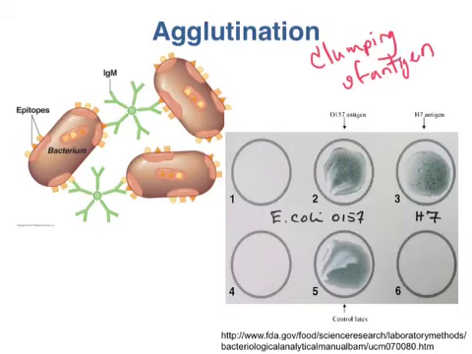So remember I said IgM is very good at agglutination because there's 10 antigen binding sites on a single IgM pentamer. This is showing you an example of that. See, there are 3 different bacteria that are all kind of stuck together, bound together by IgM. It's like IgM is the glue that's holding them together. So what this IgM has done is it's taken 3 bacteria and clumped them together into a single